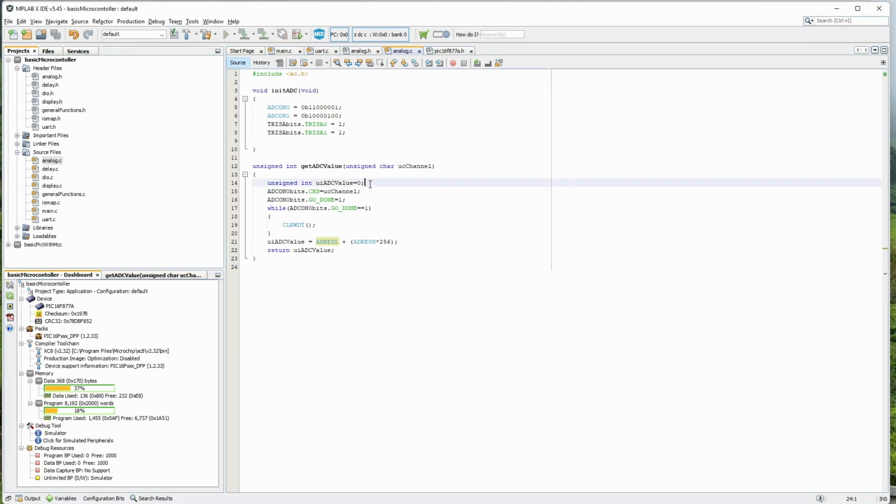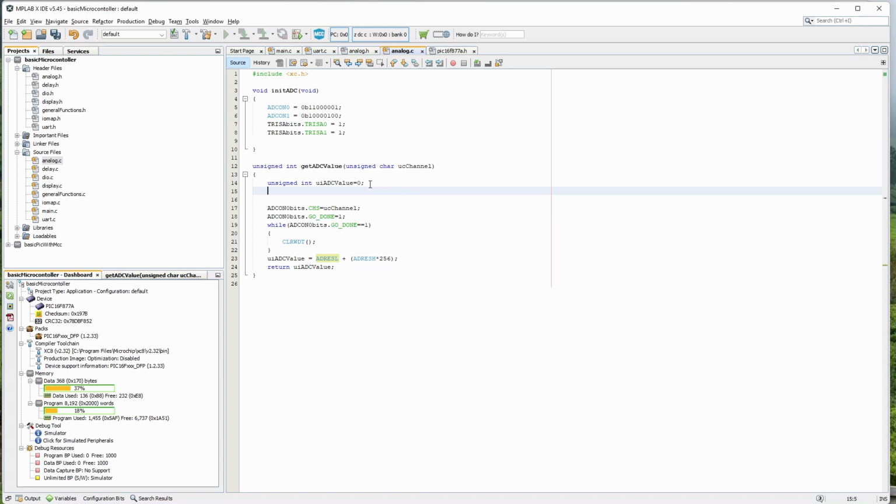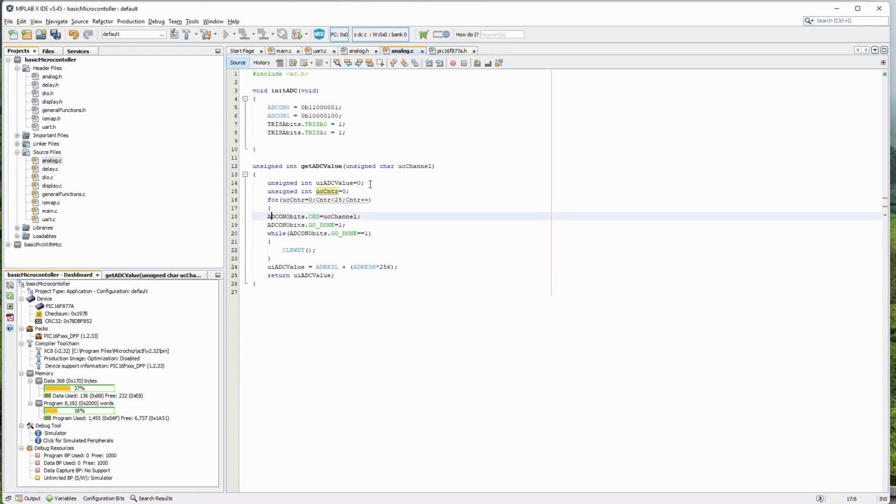So how to do the averages? I will just have to run a loop here. Assign int counter is equal to 0, for counter is equal to 0. I'll average it 25 times. And after that,